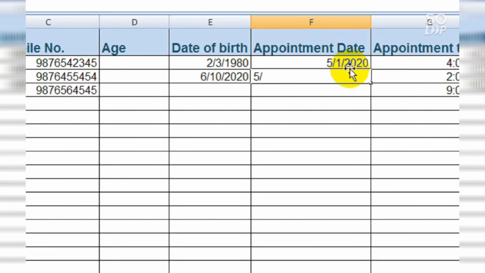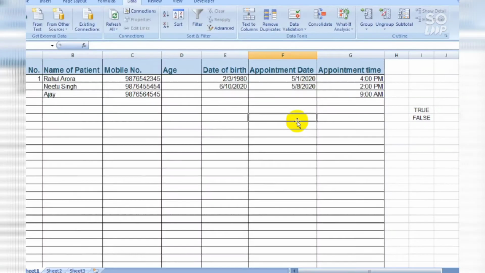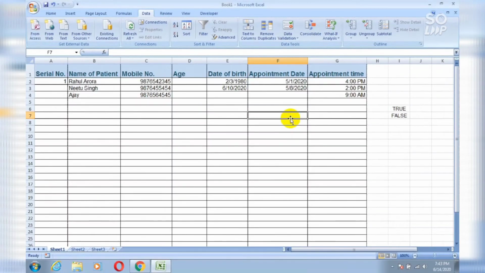So simply type the date between 1 May to 31st May 2020 only. So this is how you can use the date. I have given two examples of date, that is date of birth and in F column appointment date. You can use anything, whatever you want to use according to your needs and preferences.